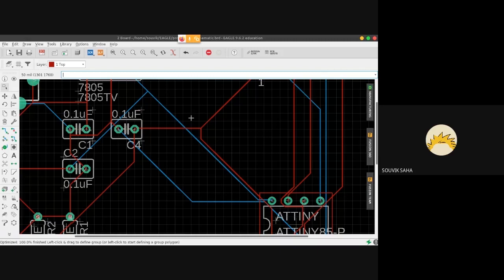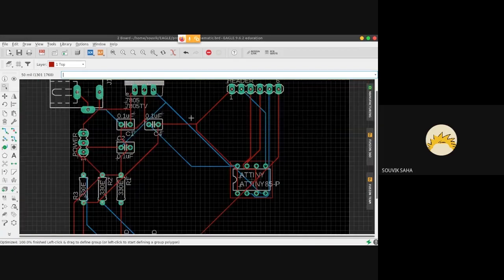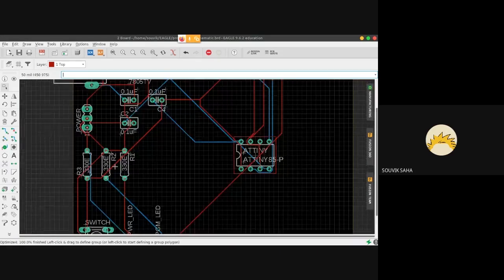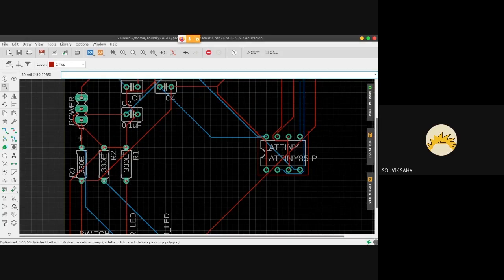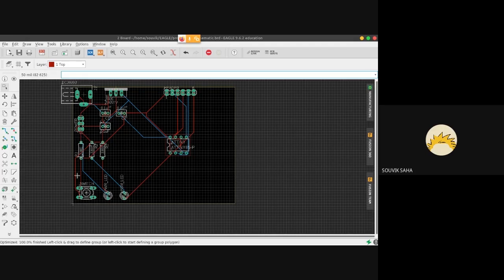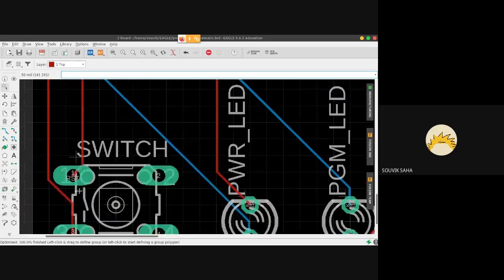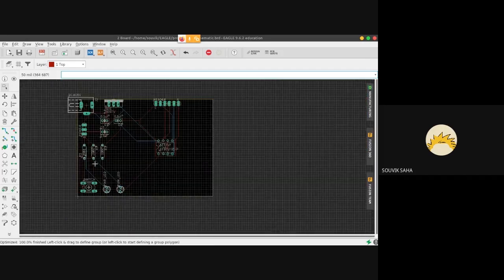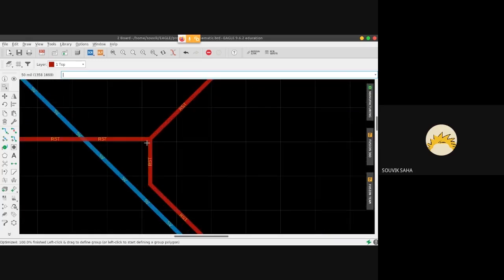this is actually pathetic. Don't ever use auto router, because there are a lot of issues that could come up by using it. It's not worth it. For example, over here, there is this untold rule in PCB designing that you should never have right angles like this.